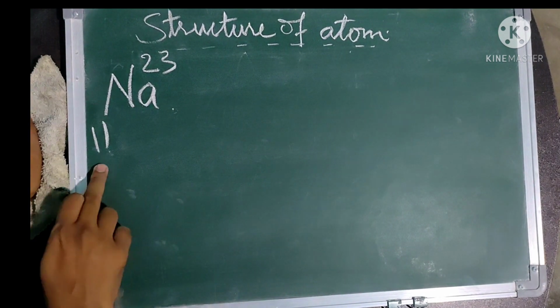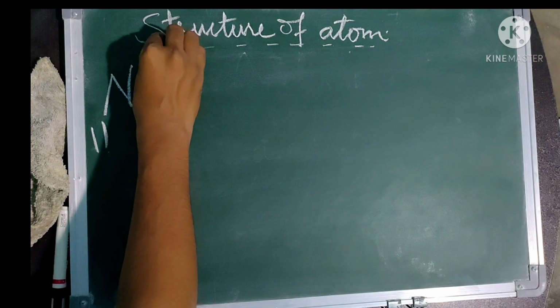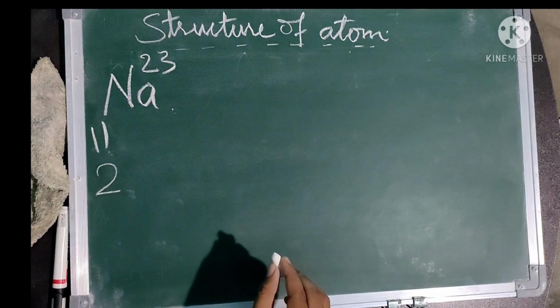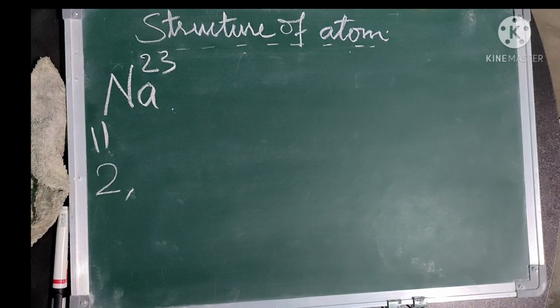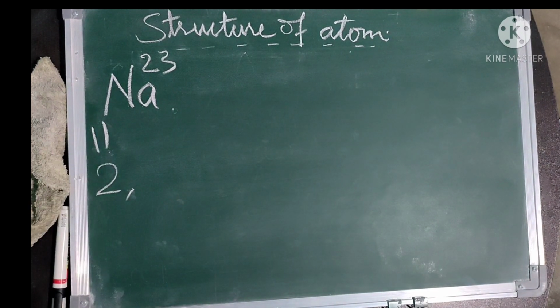So for electronic configuration, its atomic number is critical, atomic number is important. So again we have to see how we can distribute the electrons in particular shells of sodium atom. So we can see that first shell will accommodate a maximum of 2 electrons. The remaining electrons are 9. So we will have to look for another higher shell, that is the second shell will now accommodate the remaining electrons. Now the remaining electrons are 8 electrons.